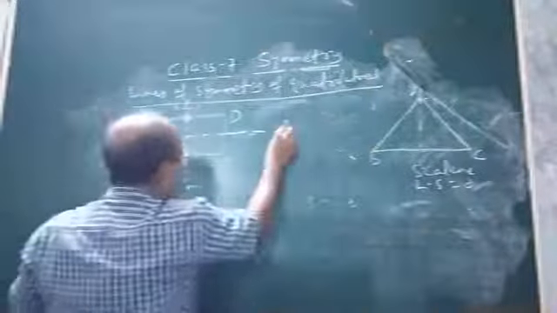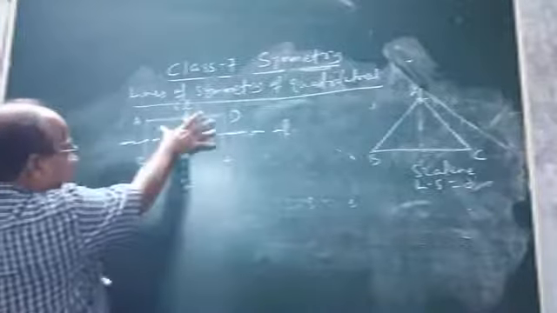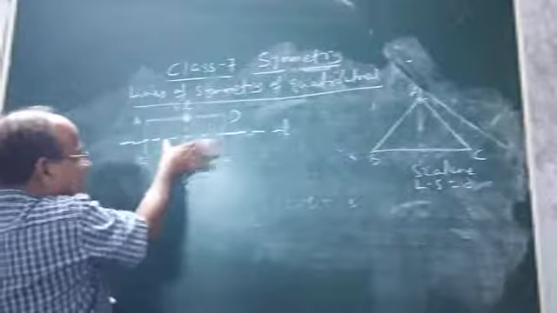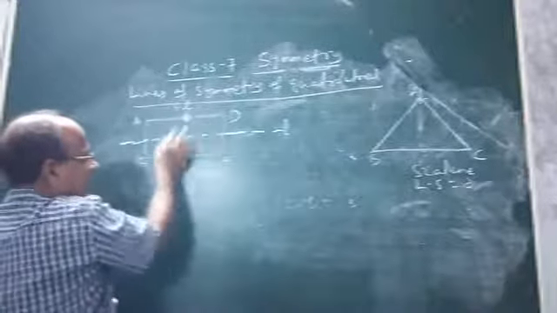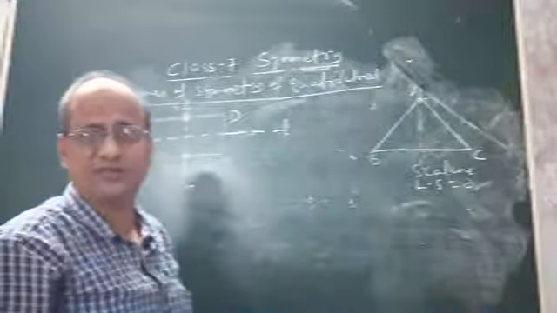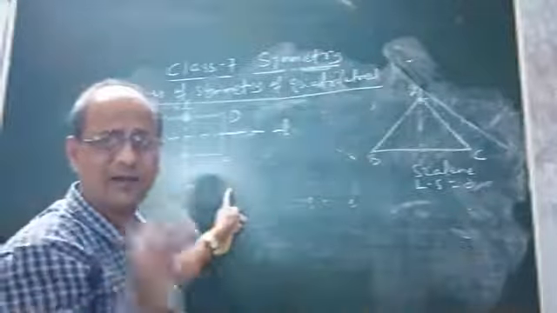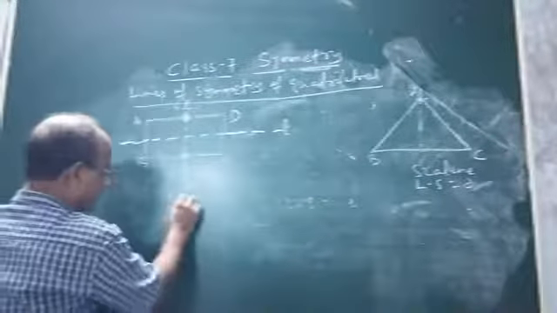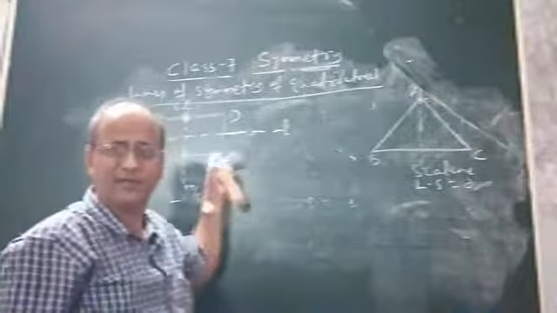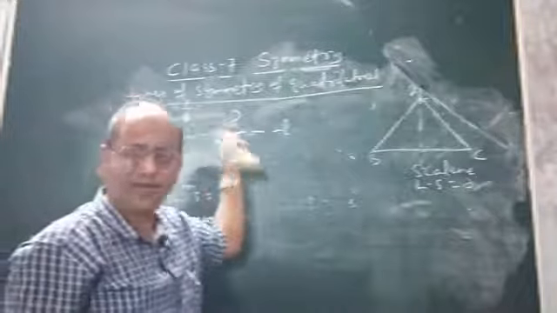Similarly, about this dotted line, if you fold this part and this part, each is a rectangle, and this is another rectangle. If you fold about the line L, you will find that they coincide with each other. So from this discussion we can say that a rectangle has two lines of symmetry. The number of lines of symmetry is 2, and they are obtained by joining the midpoints of the opposite sides of a rectangle.